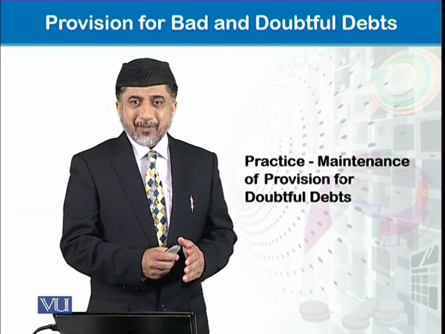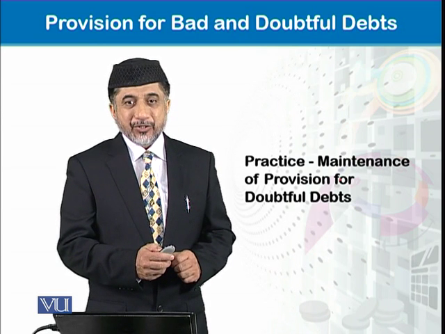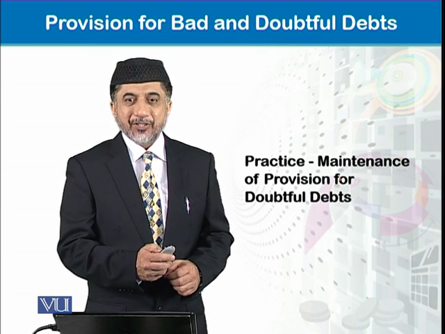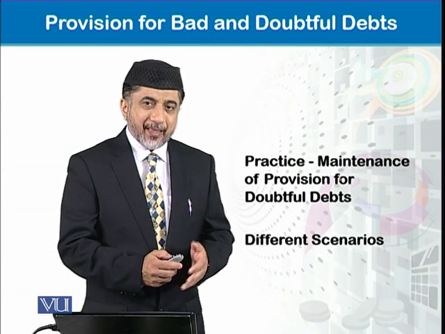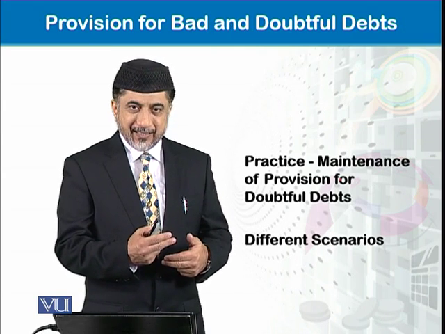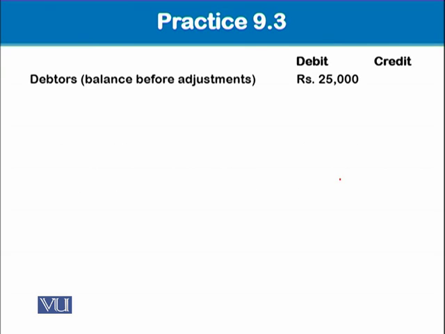Now, we will do a little more practice to strengthen our concept on this topic. So we will discuss a few scenarios in which we will practice all these things to concrete this knowledge. And the scenario is that we have debtors balance in our trial balance, debit side, 25,000, and in the trial balance,